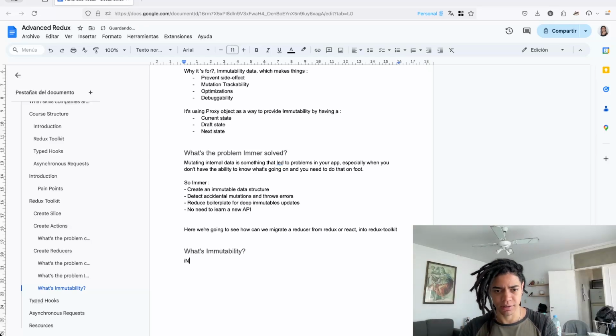In the context of software engineering, immutability means, immutability doesn't mean that a program's state won't change,